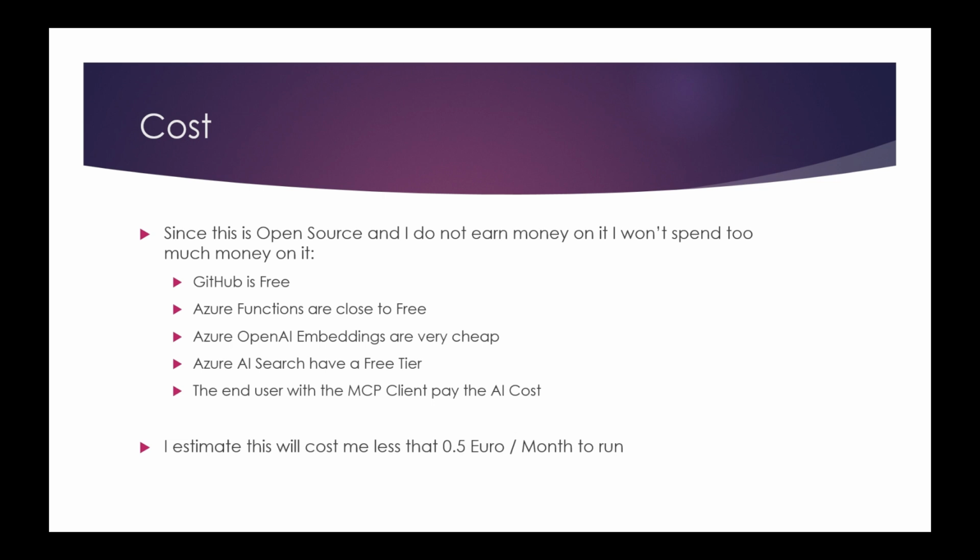Azure AI Search, which I use here, has a free tier. But if you have, for example, an Azure SQL Server, you could use that instead if you already have one that you pay for. Or you could use Cosmos DB, which also has a free tier. So it is possible to actually get the entire vector store part for free with certain limitations in terms of size of data and so on.